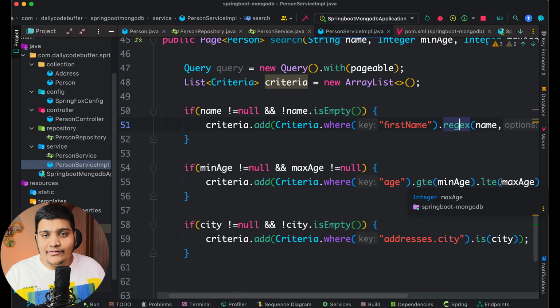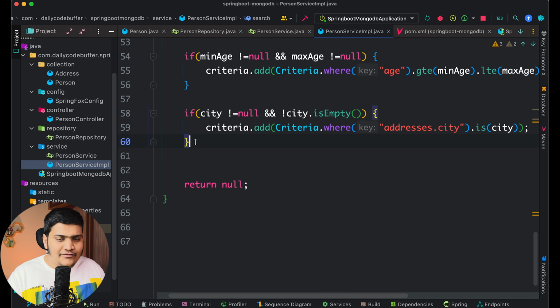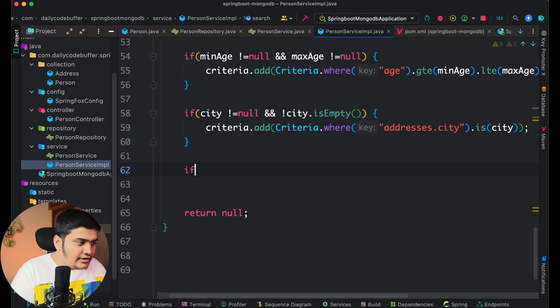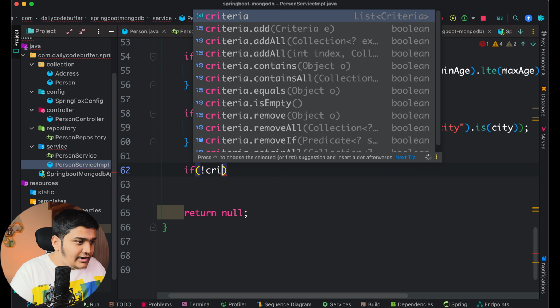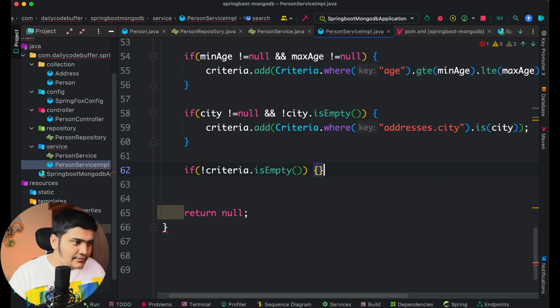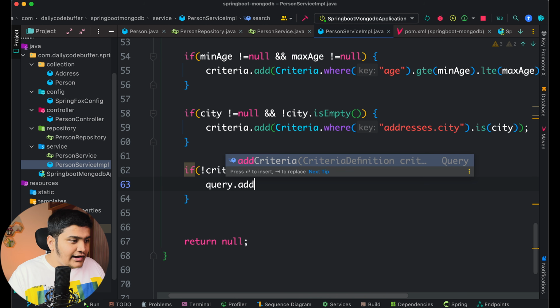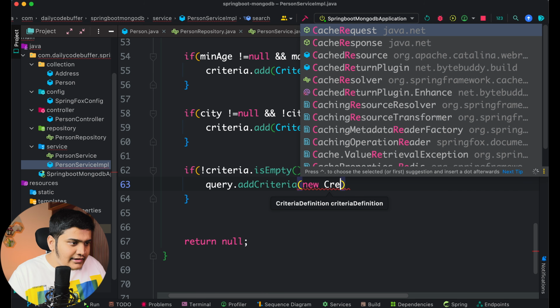So this way, whatever you need, you can add the conditions within the criteria and you can create the criteria object. Cool, right? Now once this criteria is done, we need to attach this criteria to our query. So let's do that. If criteria is not empty, then we need to add. So we will just add query.addCriteria, and here we'll create a new Criteria